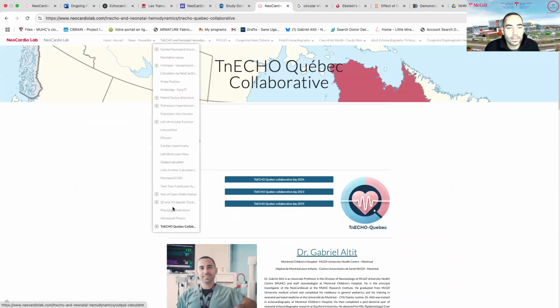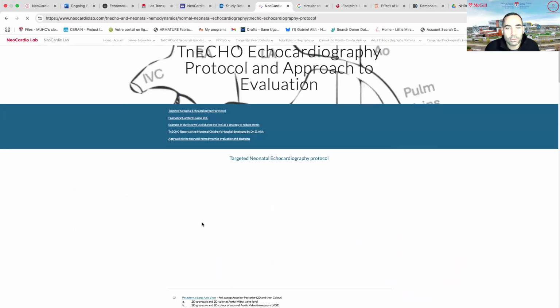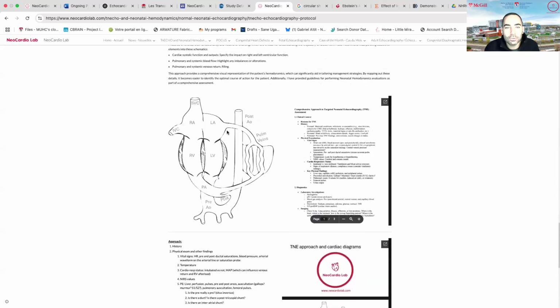that's not what I wanted to show. I wanted to go here and I wanted to go into the TN echo protocol. I highly encourage you take this graph and you actually draw the saturations, the blood pressure in the aorta, the flow through, if there's a duct or no duct, so you can print it and you actually put all the directions, the oxygen, the pressure, to just crystallize